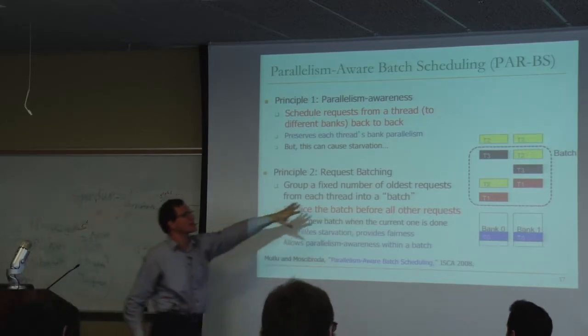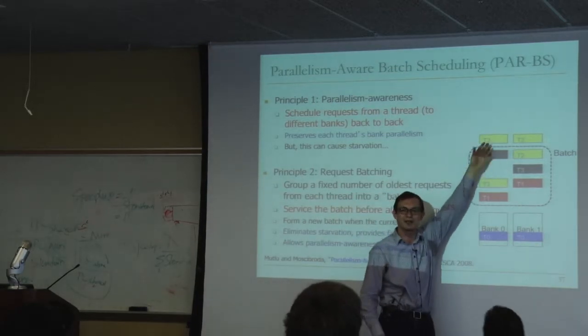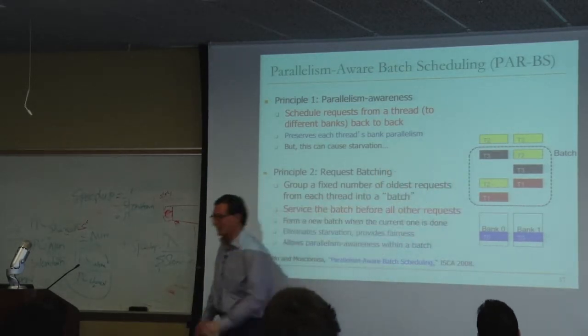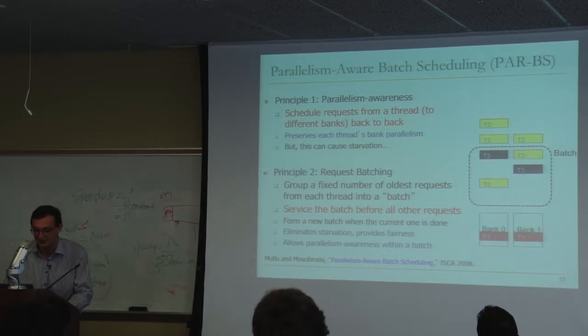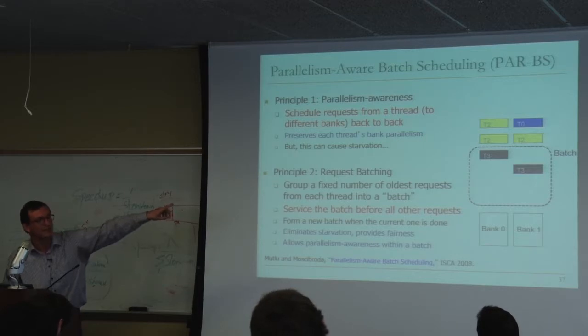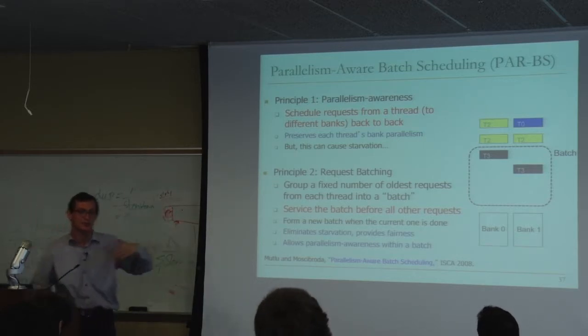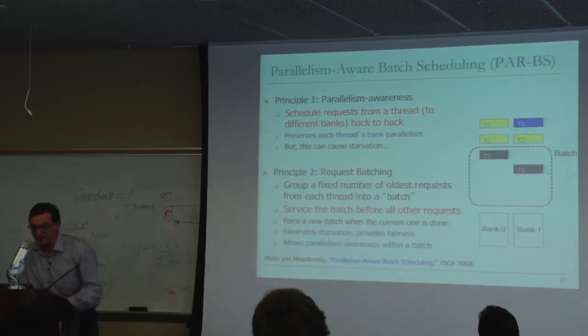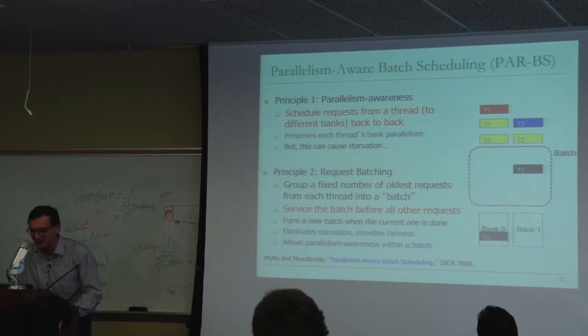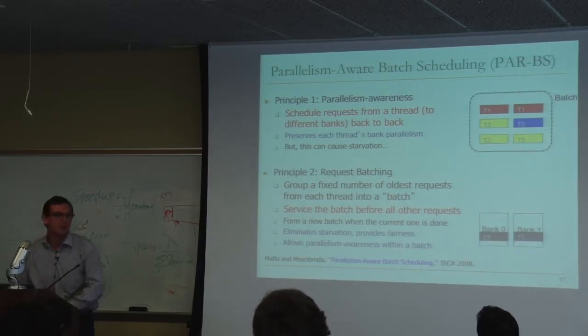In the meantime, other requests arrive, but they're not included in the batch. Because if you keep including requests in the batch, there's no point in batching, right? You don't get the starvation freedom guarantee. Then thread 1's requests are ranked over others. They get completed next. And then thread 2's requests are ranked over the other threads. They get completed. But remember, thread 2's requests that are outside the batch don't get completed because this batch is prioritized over other batches. And then thread 3's requests, thread 3 is the lowest ranked thread, they get completed. After that's done, the memory controller forms a new batch.